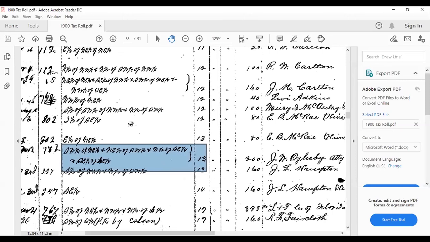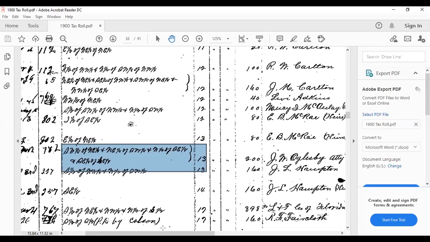So just to review what we did in this case, our objective here was to determine who the original owner, and who the owner at any particular time, was of a particular parcel of land. I know that my childhood home was in this particular section, so I could have used the Bureau of Land Management's land patent lookup system. I could have figured out who the first person was to own that property. Or if I wanted to just determine who owned that piece of property at a specific time, then I would go to a tax roll for that.